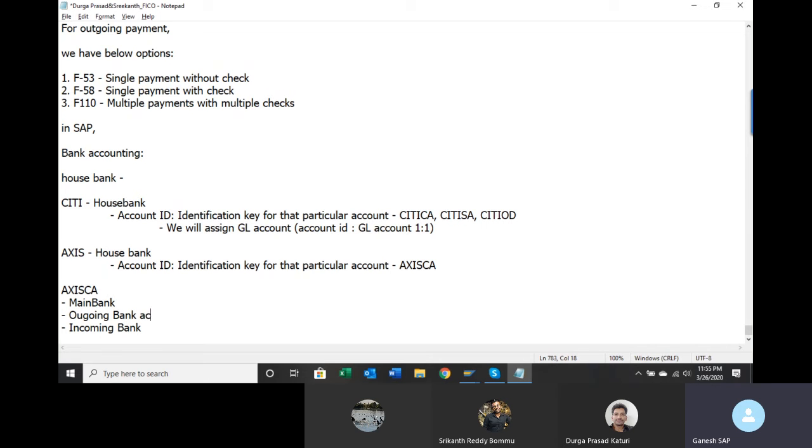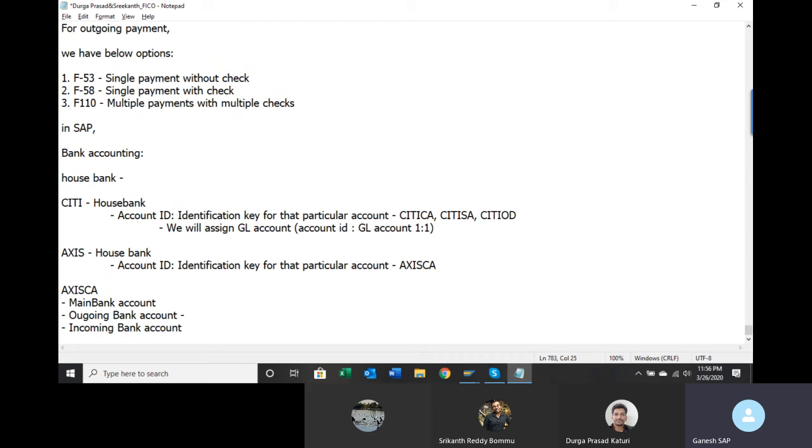It's not bank, it's bank account. So for one bank account, you have to have 3 GL accounts: one for main bank, outgoing and incoming bank. Okay. So why this is required, I'll tell you.